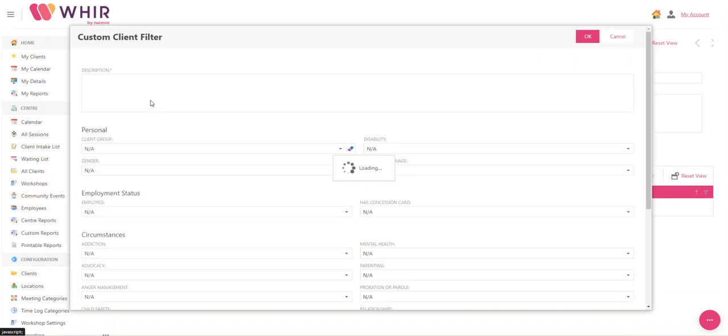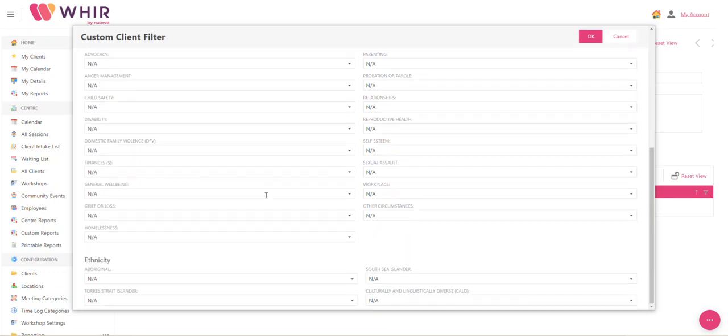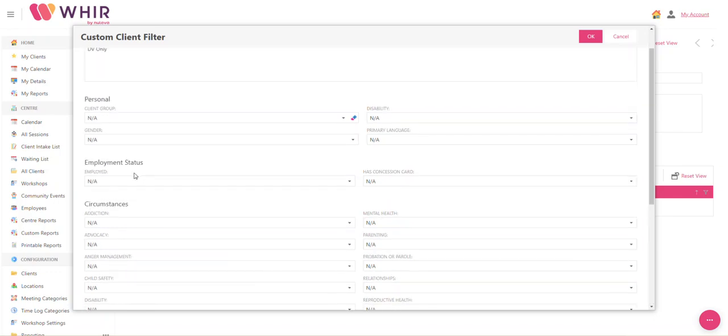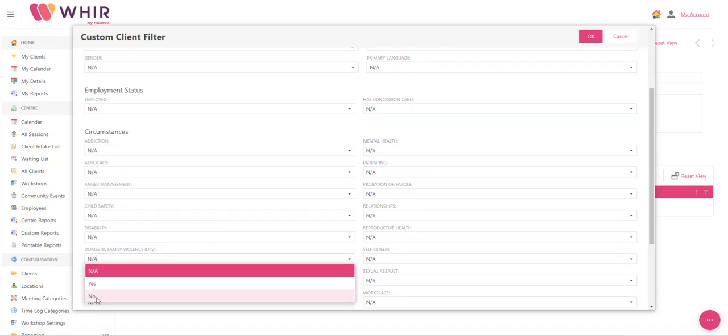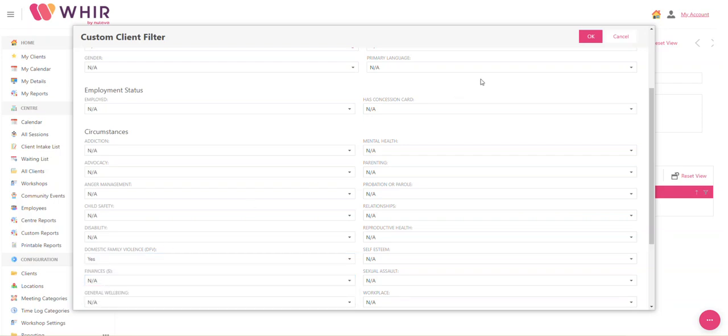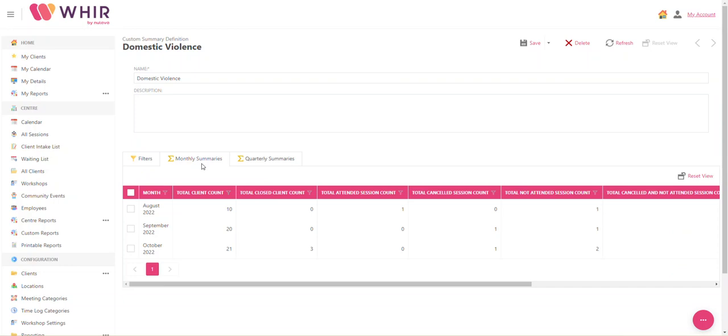So we do that by defining a filter, DV only, and you can see the filter allows us to define any number of parameters relating to ethnicity or circumstances to filter our clients. So let's find domestic violence. So we could say exclude all domestic violence and say no, or we say yes to include them. If we hit save and then we hit refresh, refresh will generate some of the data for us in monthly